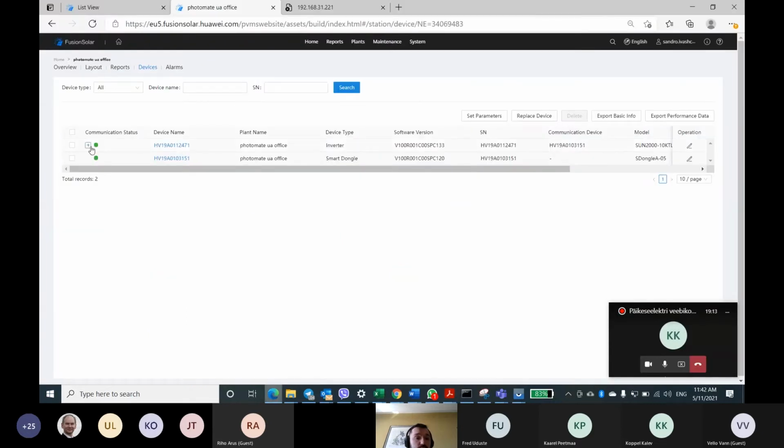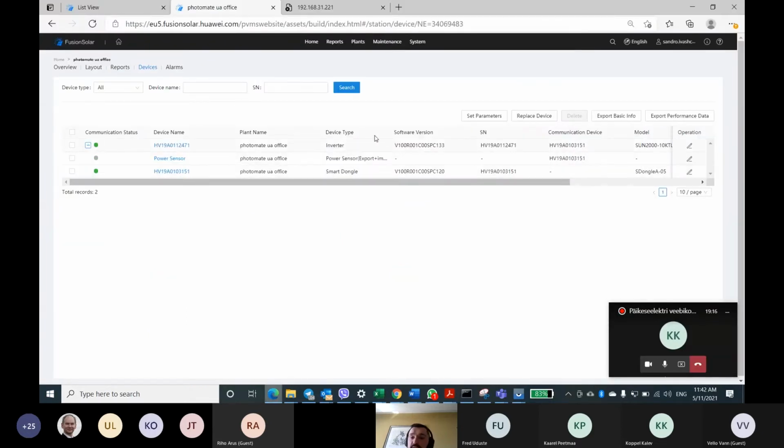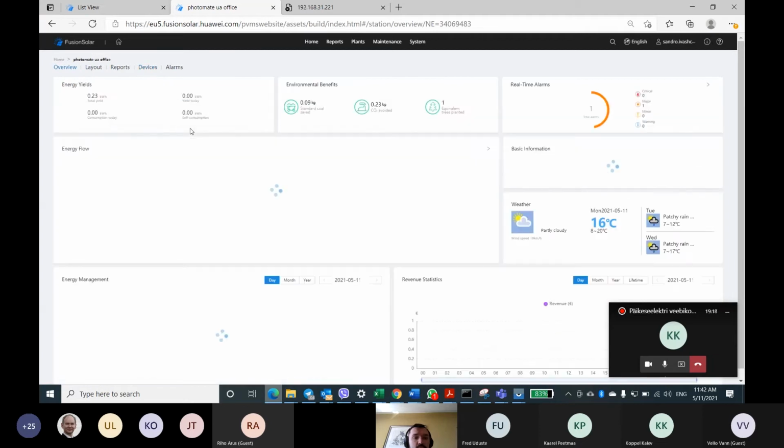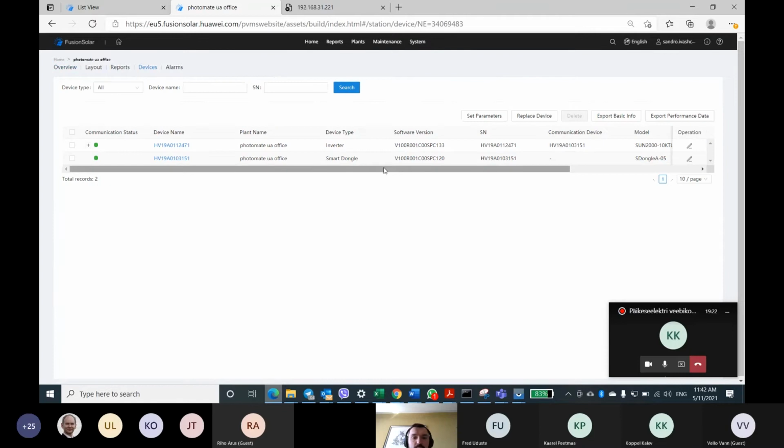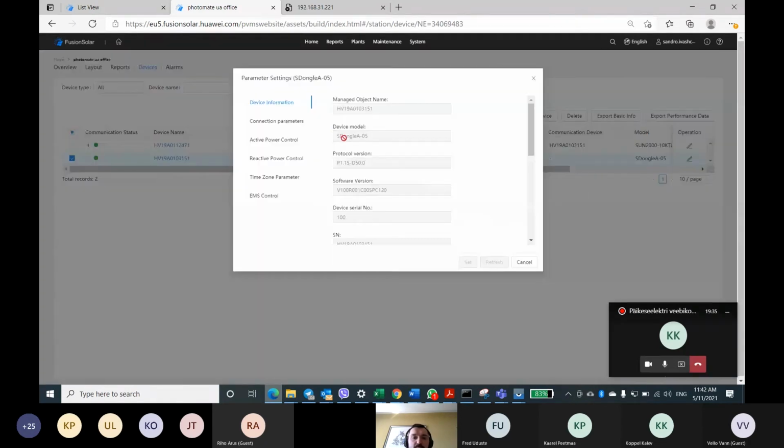You need to connect here. Okay, it's still online, but it will come back. You need to go to devices and choose the smart dongle, the communication device. Add a checkbox here and press set parameters.